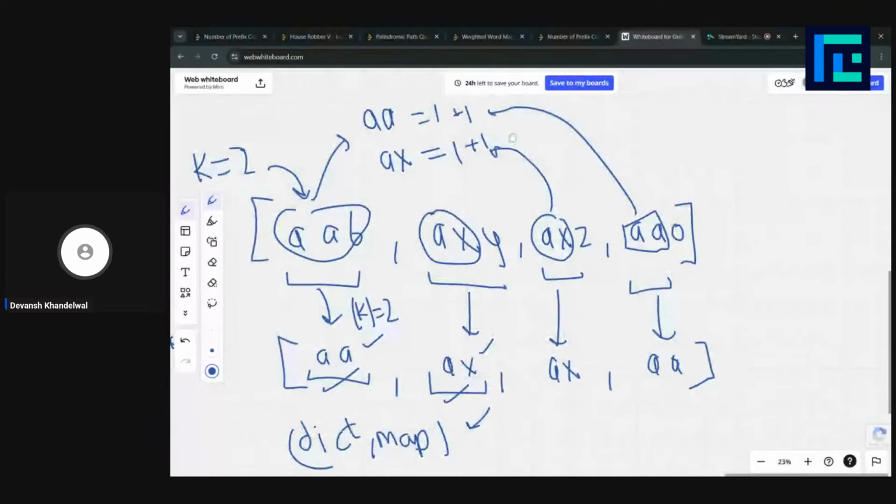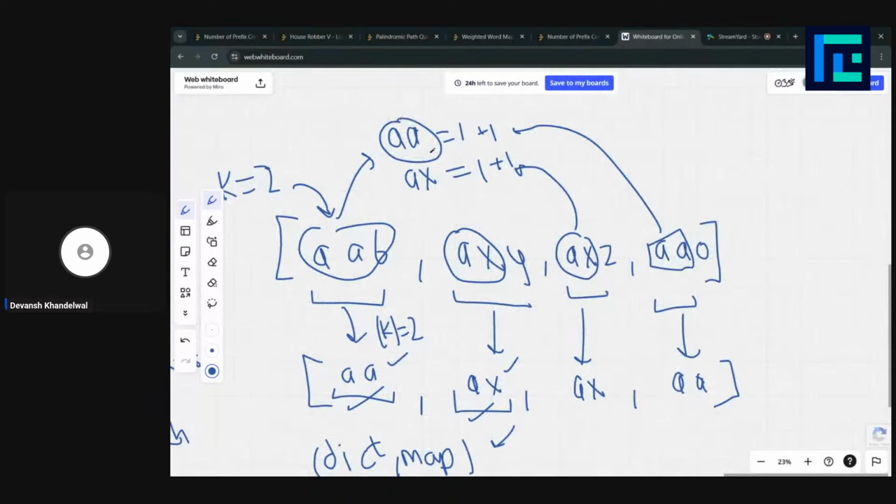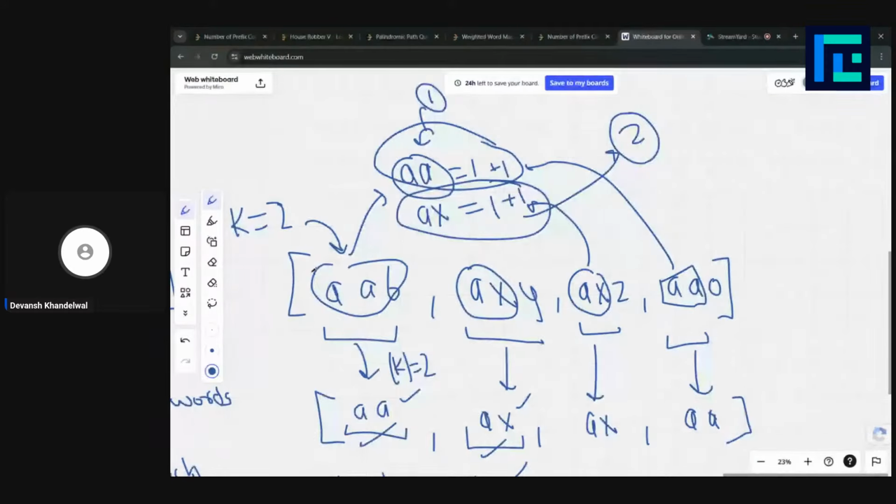Now you have two strings with this prefix, two strings with this prefix, right? And you know that if their prefix is the same, we have two strings, each of these strings' prefix is the same. For each string there its prefix is going to be aa. That means all the strings with this prefix form a group. This is group number 1, and all the strings with this prefix form a group. This is group number 2, right? Using this you can easily iterate each string, easily store the prefix values, and find your final answer.